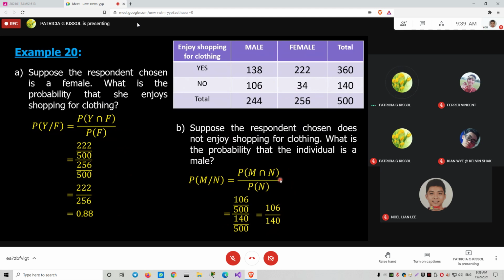Yeah. What I observe is students don't need to write this part, whereby you have 106 over 500 divided by 140 over 500. But this part, the formula for this part, there is a mark allocated to it. So